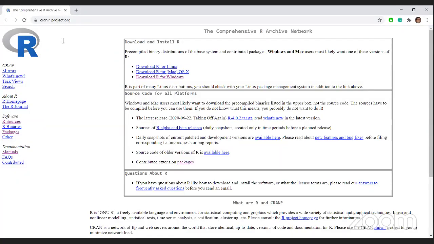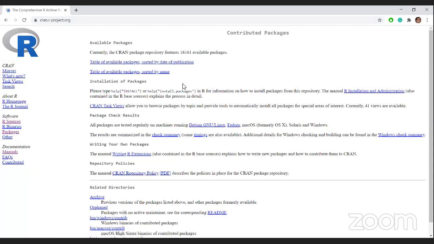So I have gone to this link. You are already familiar with this link; you must have used it in the past couple of days to download R. Now, if we look at the side, there are mirrors, which are virtual repositories from where you can download, and you can also find packages here. If I click on packages, you can see, oh my god, I only had information till